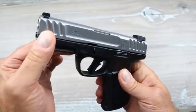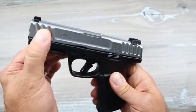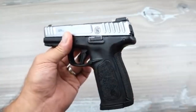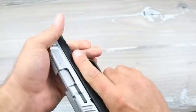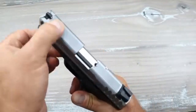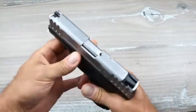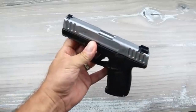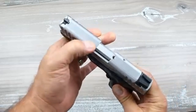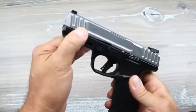Well, let's start with the slide serrations. They made them deeper cut. They made them wider. All right, is that big of a game changer? Probably not, but it is pretty cool. They put serrations on the top strap. Once again, not going to be a game changer. If you own an SD9, you're not going to go get the 2.0 because of these serrations or these serrations,